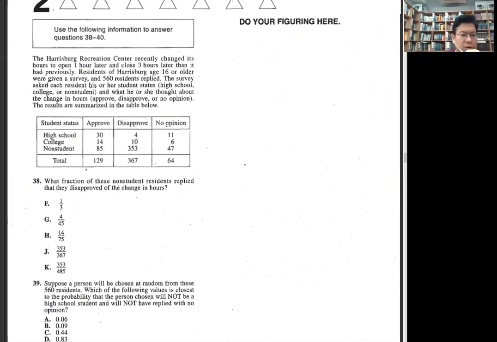16 or older, survey 560, residents replied. Survey asking each resident his or her status. What is this? Hours, results summarized a bit below. Okay. What fraction of non-student residents replied disapprove? So disapprove non-students and this much out of